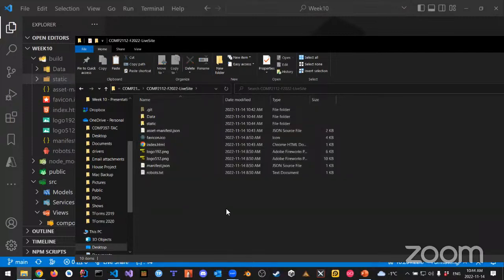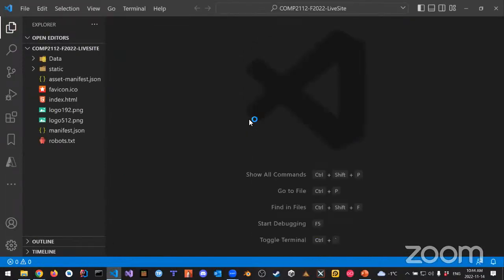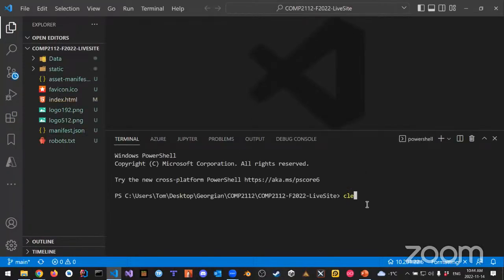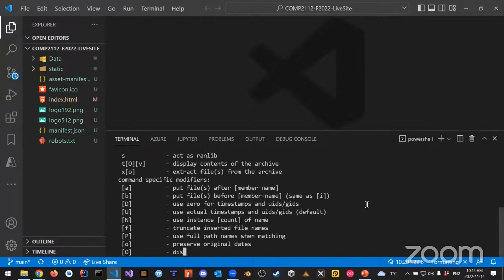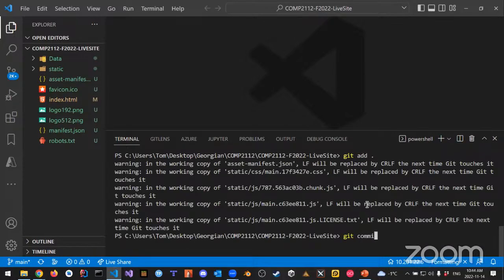Okay, and then once I have this, I can simply put this up on GitHub. Now you would make a brand new repository and do the same steps we did for Render last time. But for me, I'm just going to push this back up to the same repository. And this is more indicative of what you would do if you had a client site that you're updating. Okay, so I would do a git add dot, git commit -m,